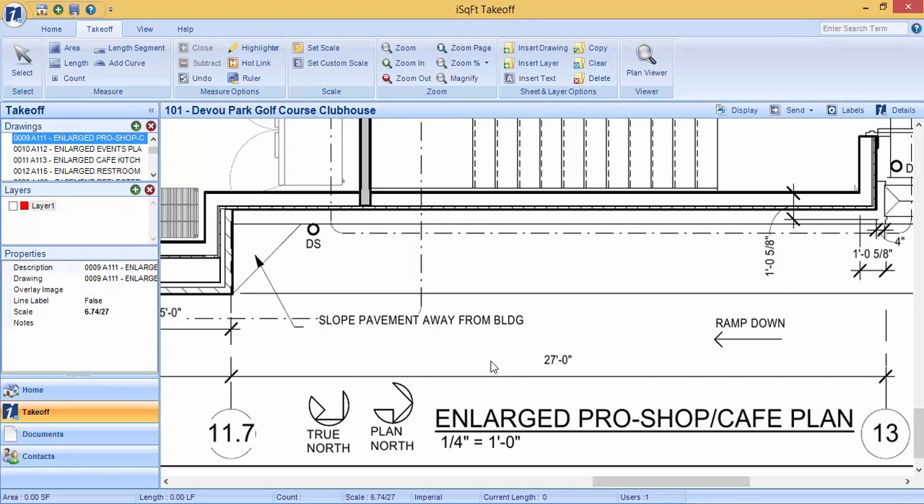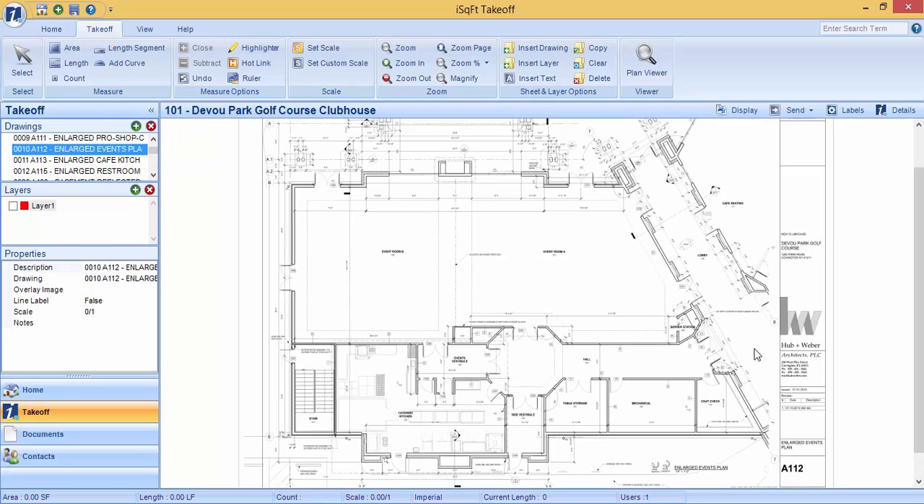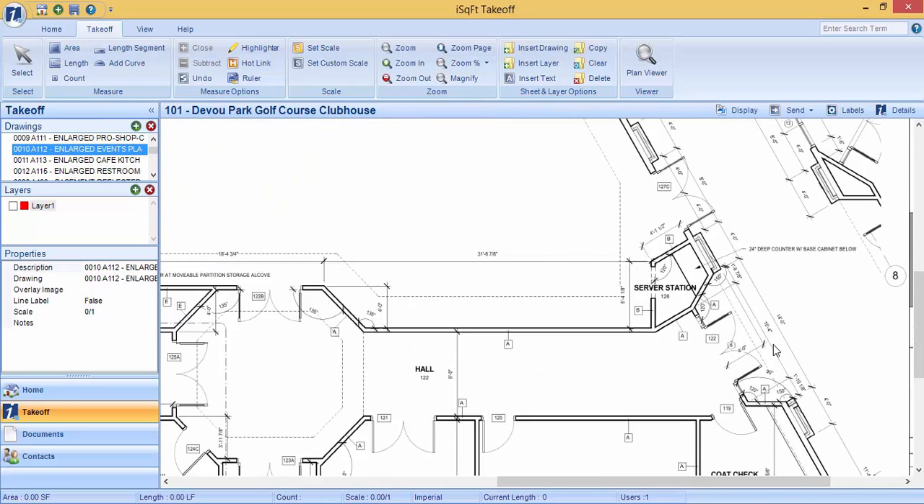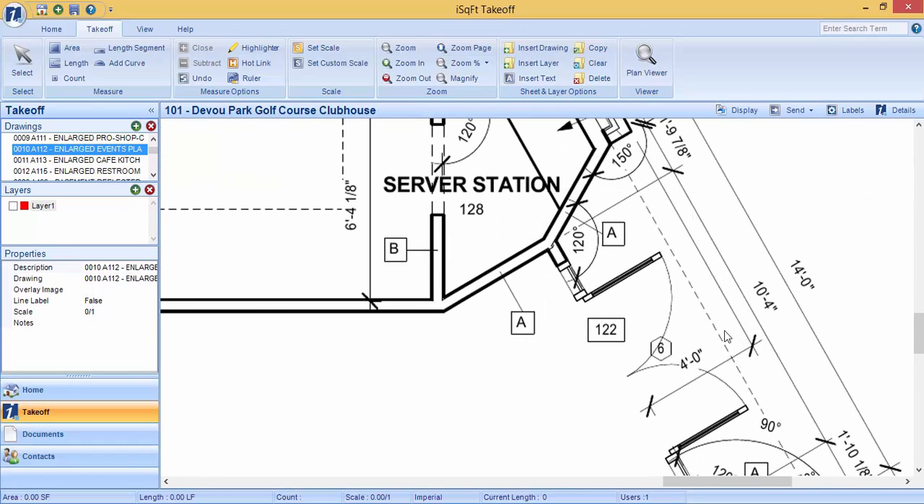You may not always have an easy dimension line available for you. If that is the case, you can also use dimension lines that have inches in them. I'm going to move to a different floor plan, and for example on this drawing, let's say I want to use the 10-foot 4-inch dimension line right here. I can do so by clicking on Set Custom Scale, left click on one end and left click on the other,